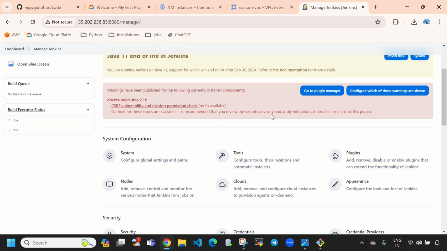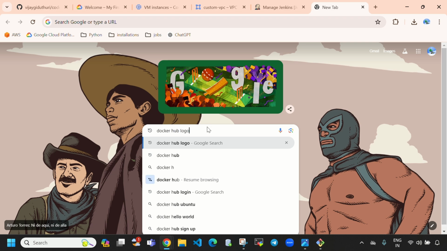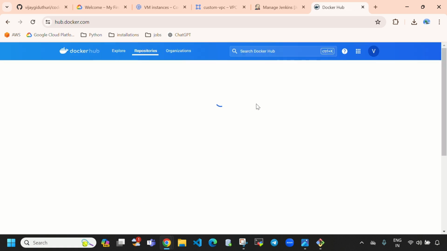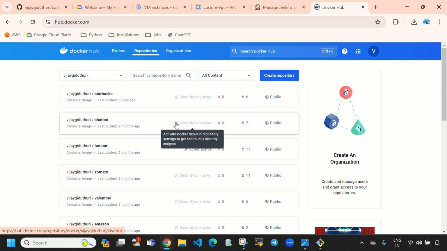So now we need to provide Docker Hub credentials. So let's log into our Docker Hub first. Directly select here Docker Hub. So we need to go to this first link. So here you can see right now we don't have any of the Netflix image. So we need to provide this Docker credentials to Jenkins. So I will explain you later why I am giving this Docker Hub credentials. So let's go to Jenkins